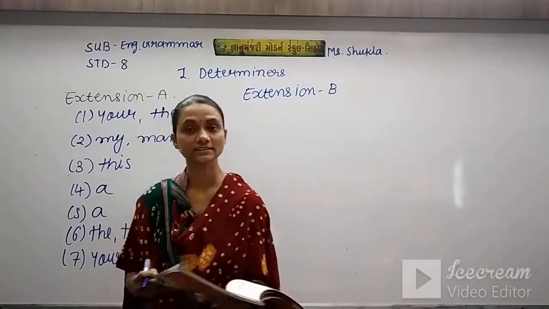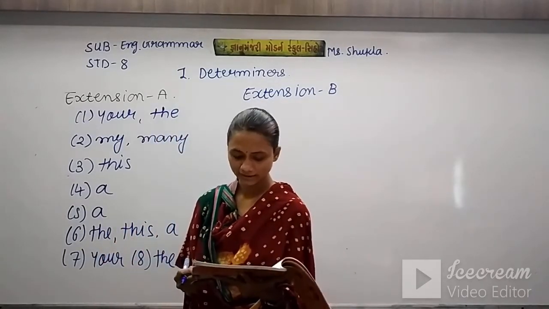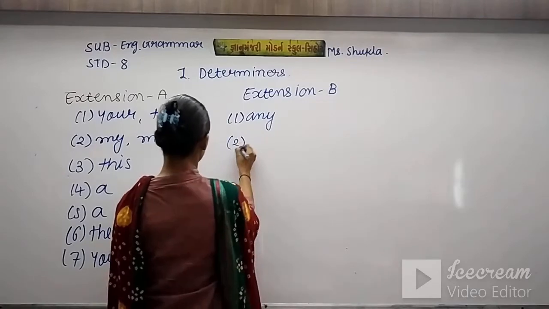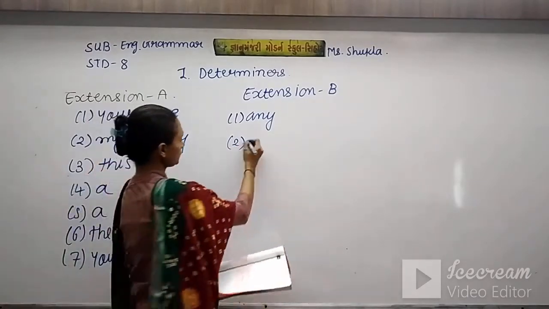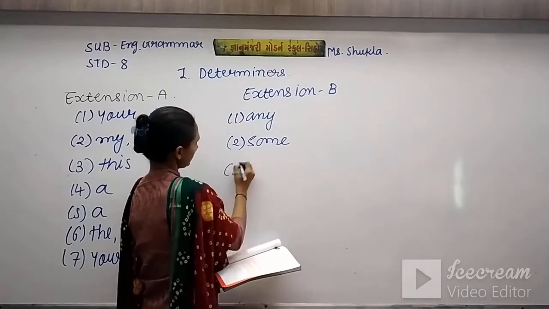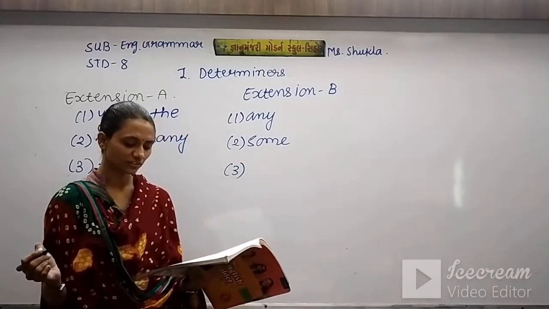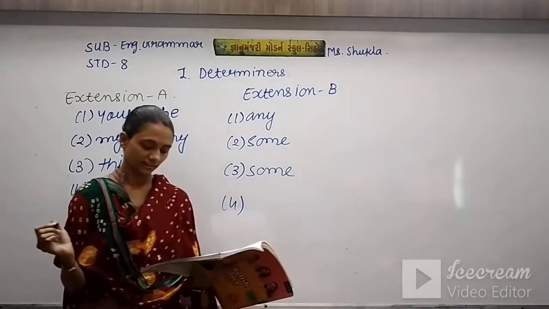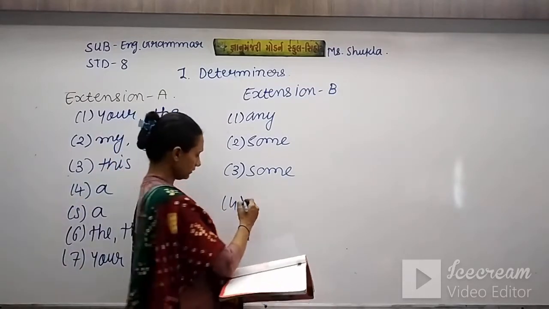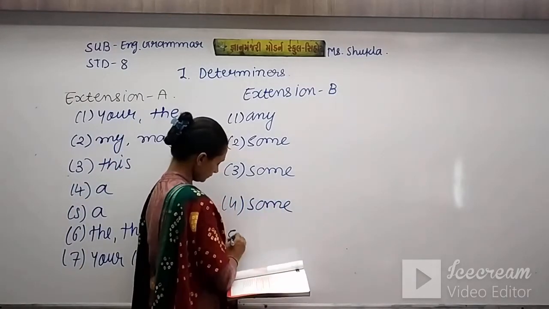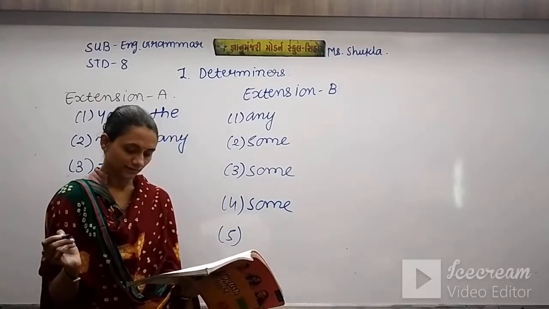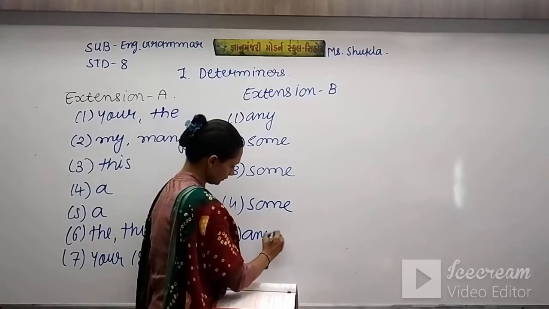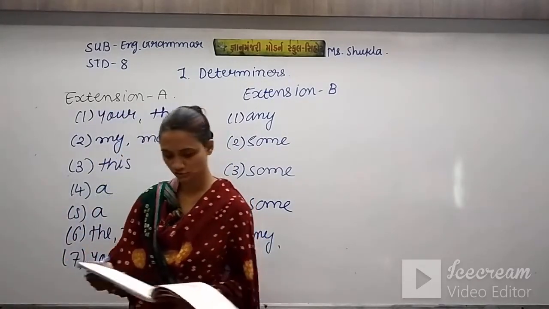Fill in the blanks with some or any. Do you have any money on you? I have some money. It is a positive sentence. Number 3. I want to buy some souvenir from the shop. Again, it is a positive sentence. Here are some coins. Will this be enough? Again, a positive one. Yes, thank you. Do you want any souvenir? It is a question mark, so any. So this is extension exercise B.